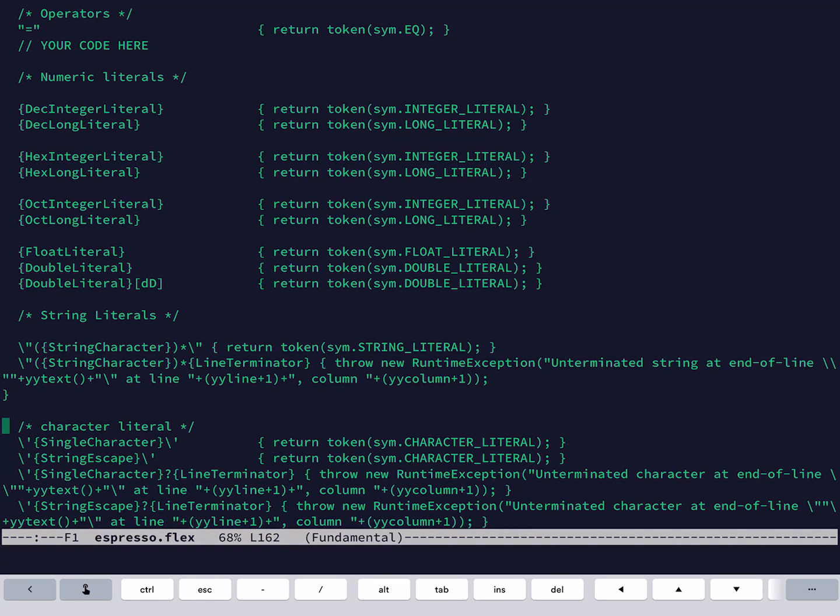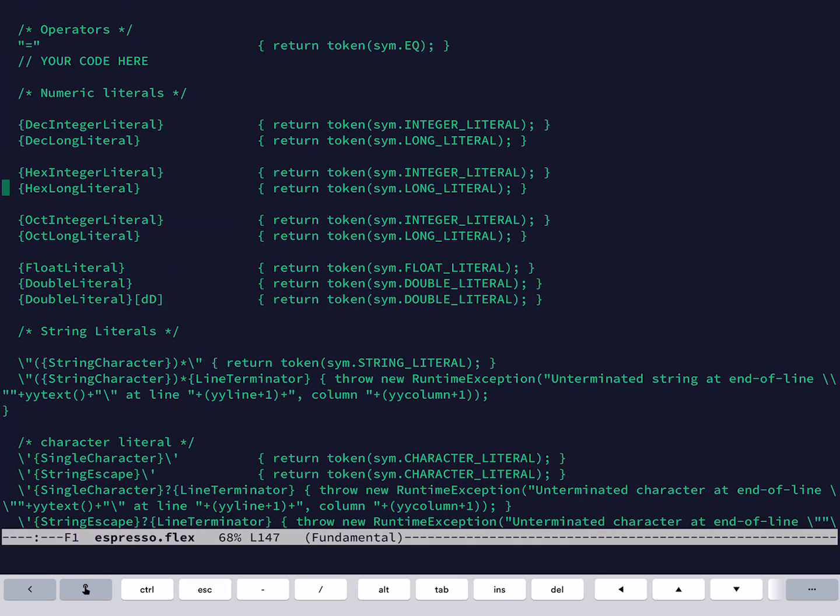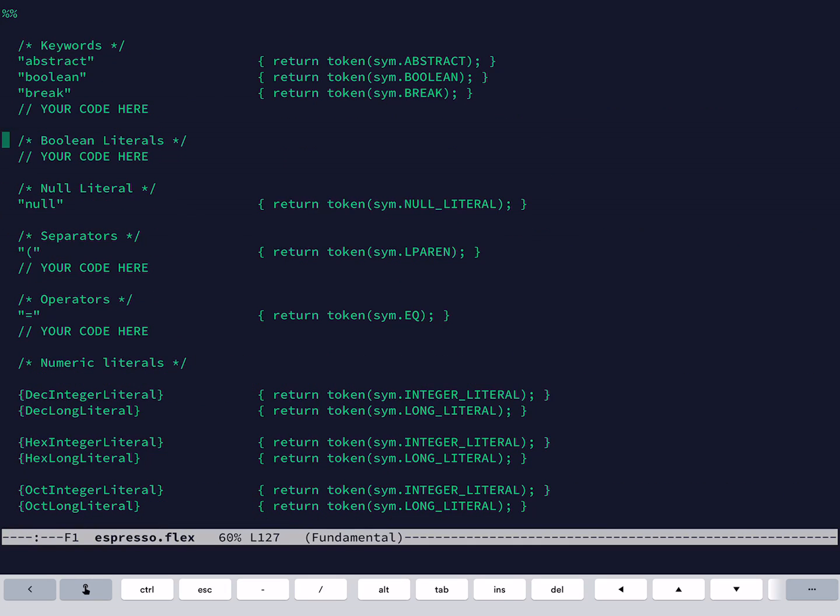I've done all the string literals and the character literals because this is just inhuman as well. And the comments, the white space, and the identifier. So you can see here the identifier returns a sim dot. I spelled it out, identifier, but that's the one we called .id before. So it's your job to fill in this part here at the top.